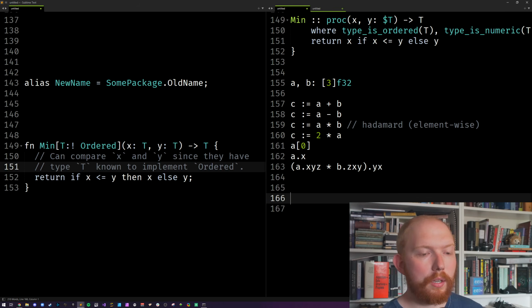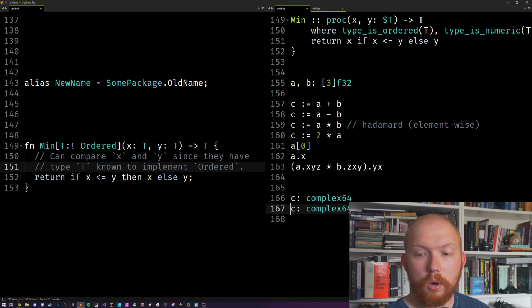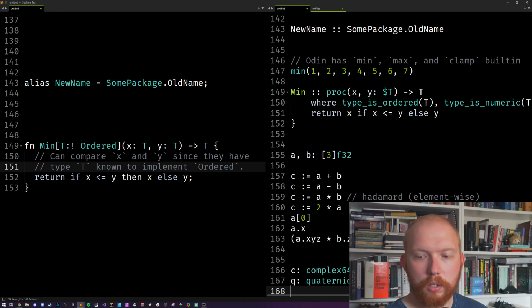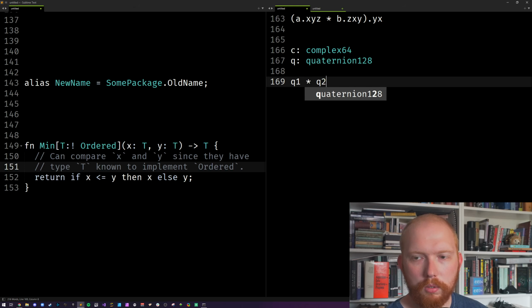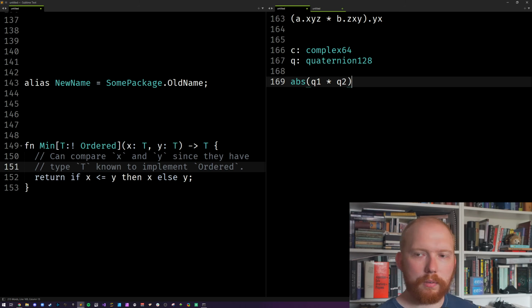The other benefit you may think of is, well, what about complex types, quaternions? Well, we have them built in. We have a complex, and we're just going to say this is complex64. It has 64 bits in total, so it's 2 32 bits. Or we could have a quaternion, and we could say this is a 128-bit quaternion if we wanted, and that'll work correctly and do all the stuff that you need to do. So you could do quaternion 1 times quaternion 2, and that would work as you expect, no problems. And we could get the absolute value of that, so the real value of it, no problem.